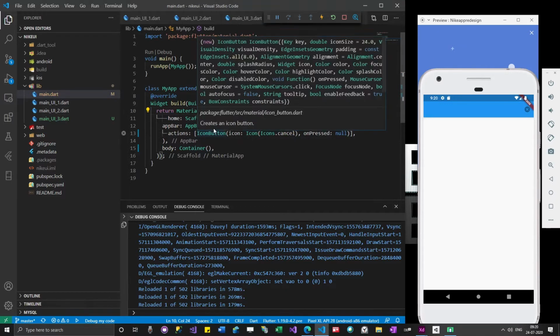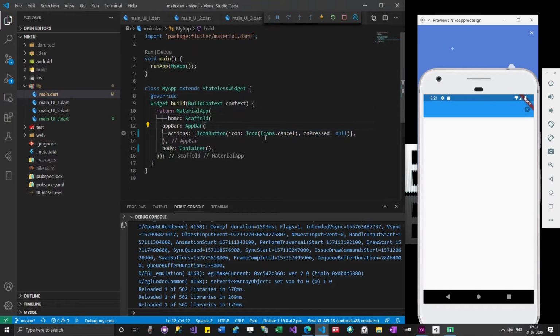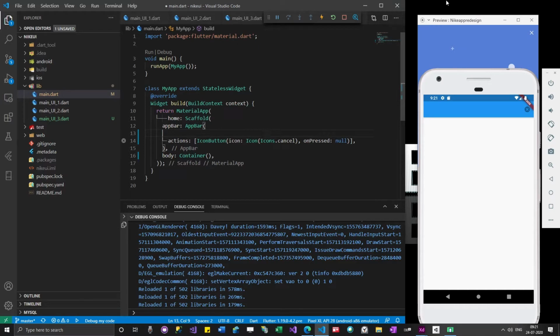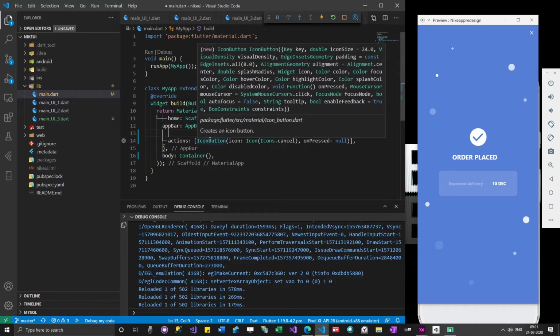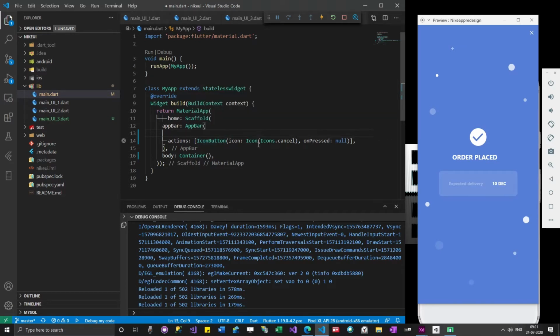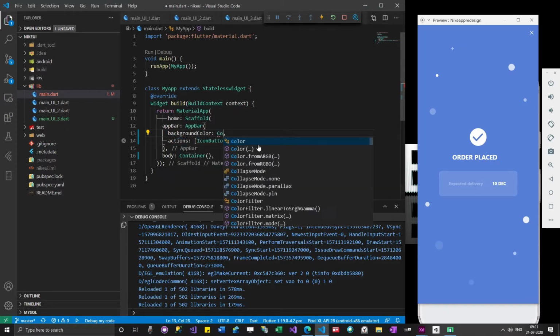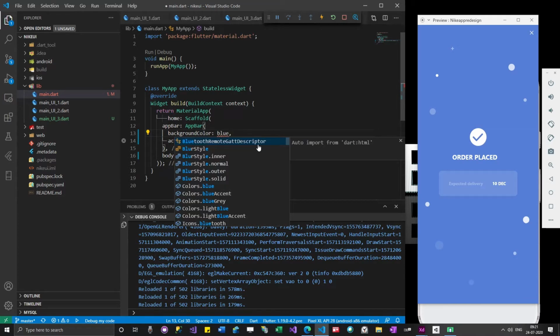So I can change the background of the app bar also. Okay, let me change the background color to blue. Yesterday I was saying, right, instead of typing Colors.blue, Colors.red, you can use this.